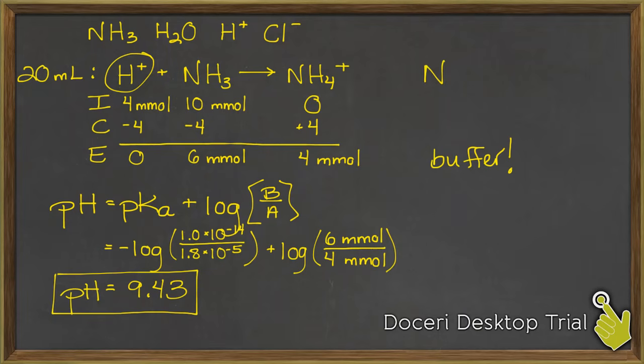Based on what I've written, I could see that this was going to be a Newman ice table because water was not one of my reactants. I plugged in millimoles. What I was left with at this point was a buffer. How did I know that? Because look at the two things that we're left with. We were left with weak base and conjugate acid. That is by definition a buffer,